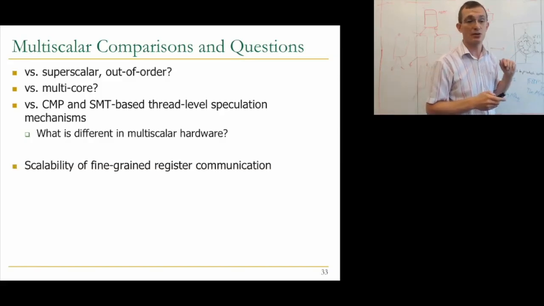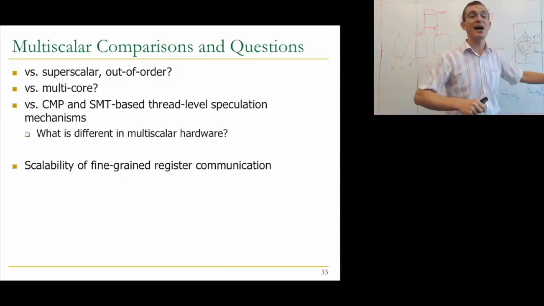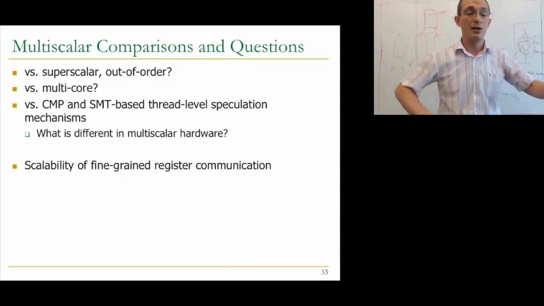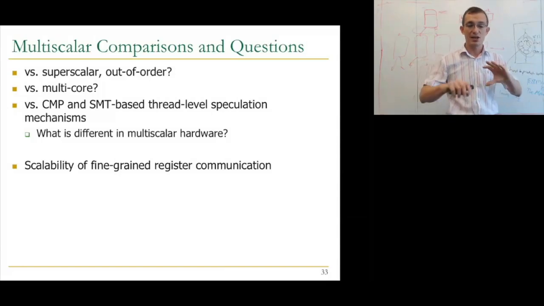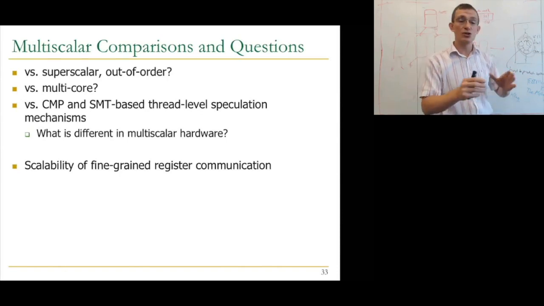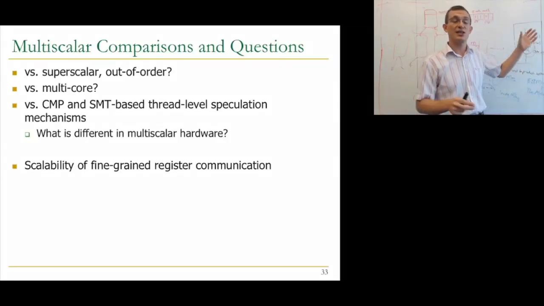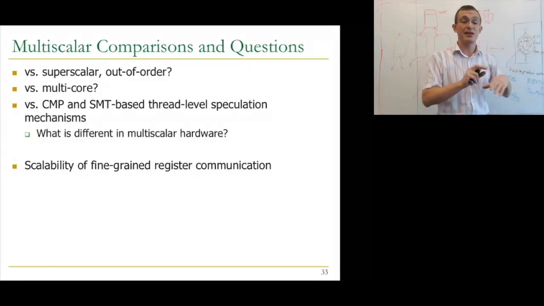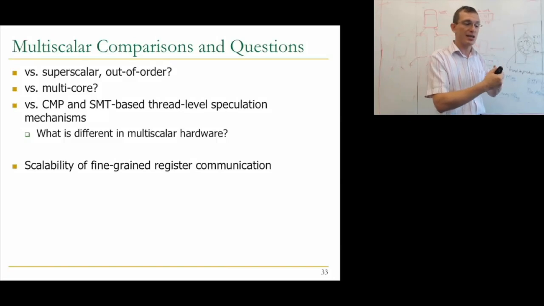I'm not going to go through this in detail, but one thing that I'll question is the scalability of fine-grained register communication. For example, the Colohan paper does communication between different tasks through the coherence protocol that already exists. And the register-based communication is not there, right? Whereas with multiscalar, there is a register-based communication component. And this is very fine-grained,